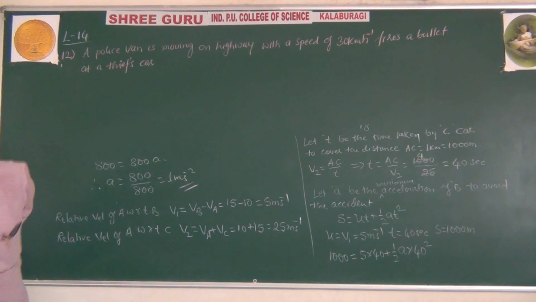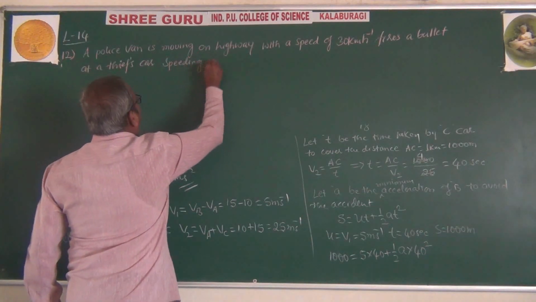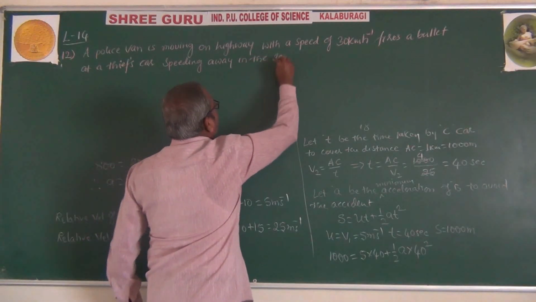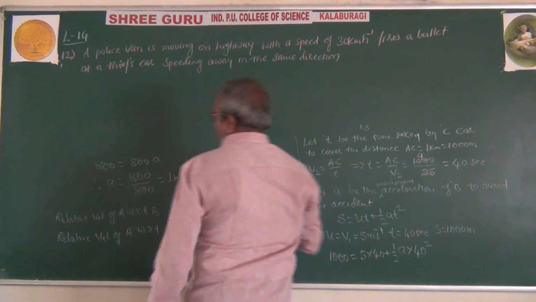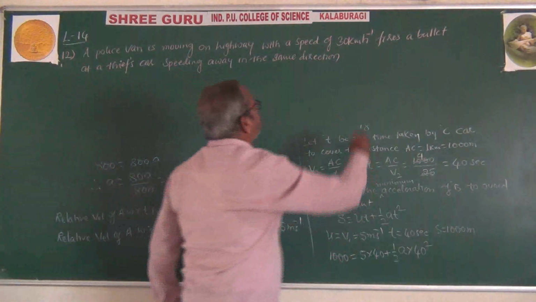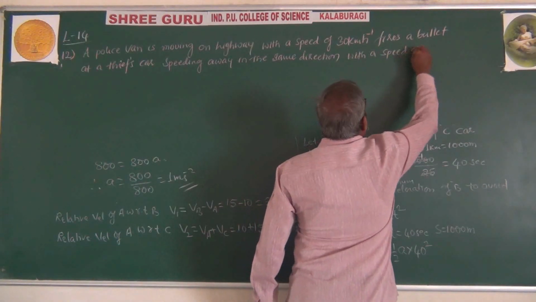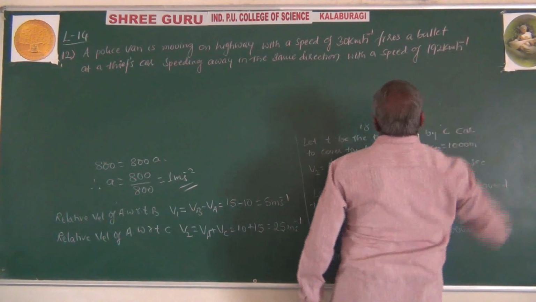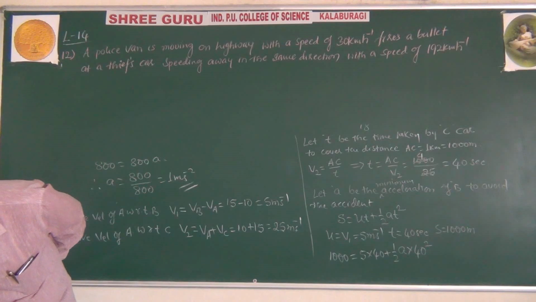The thief's car is speeding away in the same direction with a speed of 192 kilometers per hour. If the muzzle speed of the bullet is